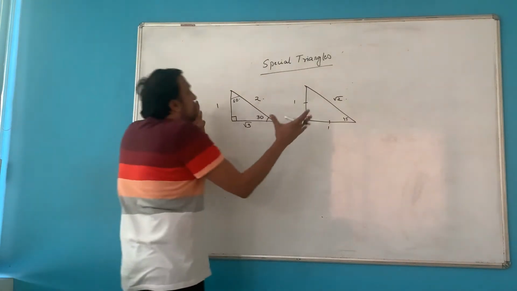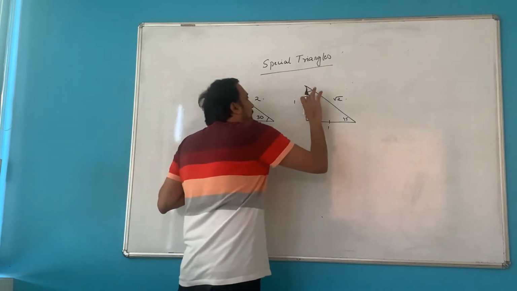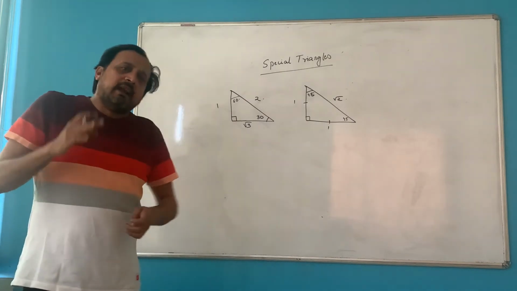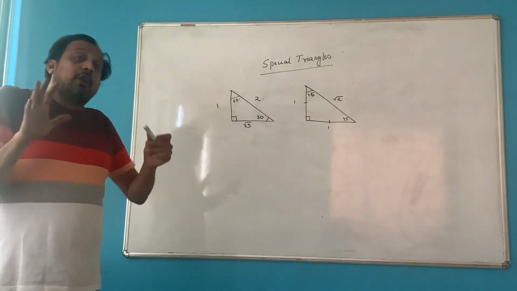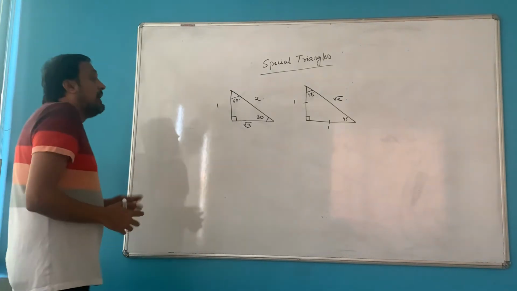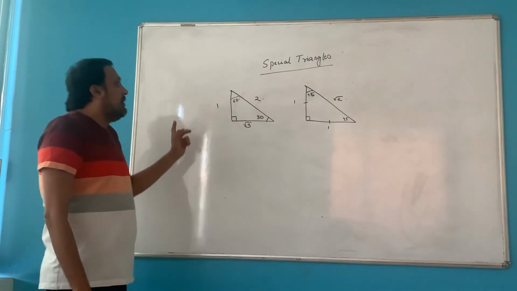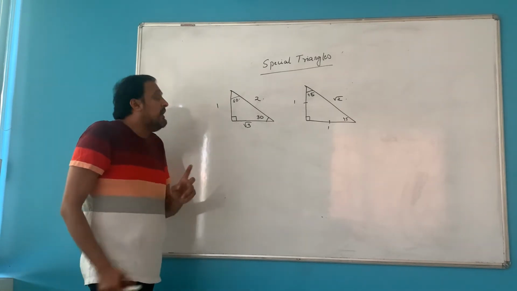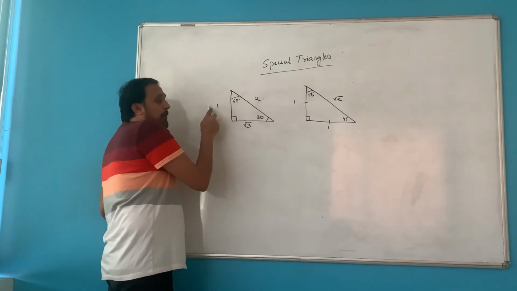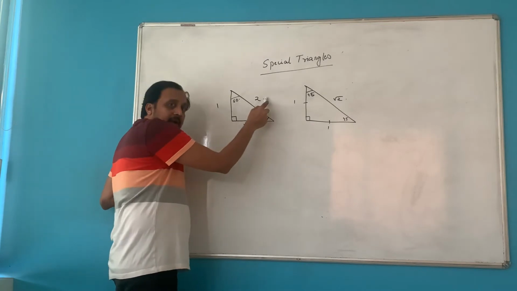These two triangles, a 30, 60, 90 and a 45, 45, 90, are typically all we need to handle trigonometric ratios for CAT preparation. Now, what is sine of any angle? Sine of any angle is equal to opposite upon hypotenuse, which means if you look at 30, my sine 30 becomes 1 by 2.